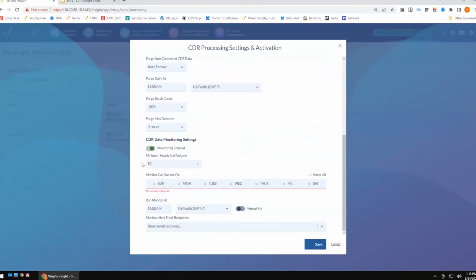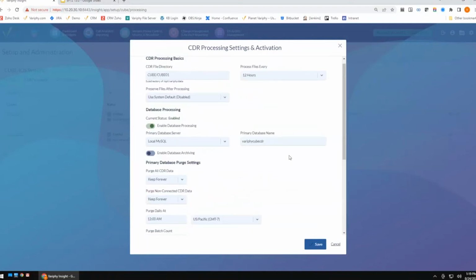All right, your minimum volume per hour, the days of the week that you want it to monitor, when that monitor is going to run, and then, of course, who it's going to email. So this is new to EFT, so I definitely urge you, if you're taking advantage of our Cube Analytics, take advantage of EFT2, and you will be able to get that CDR monitoring. Great option while I'm in this screen.